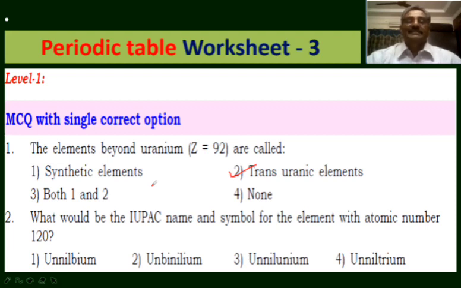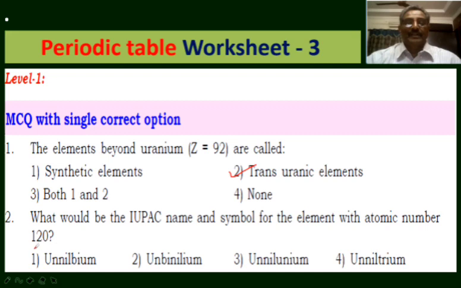That is, for the elements having the atomic number more than or equal to 100, IUPAC developed certain rules to give the temporary names to elements. According to that, the element with atomic number 120 is known as